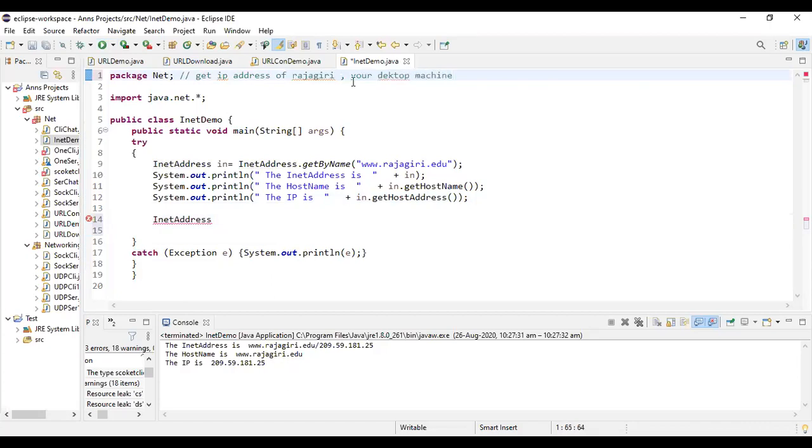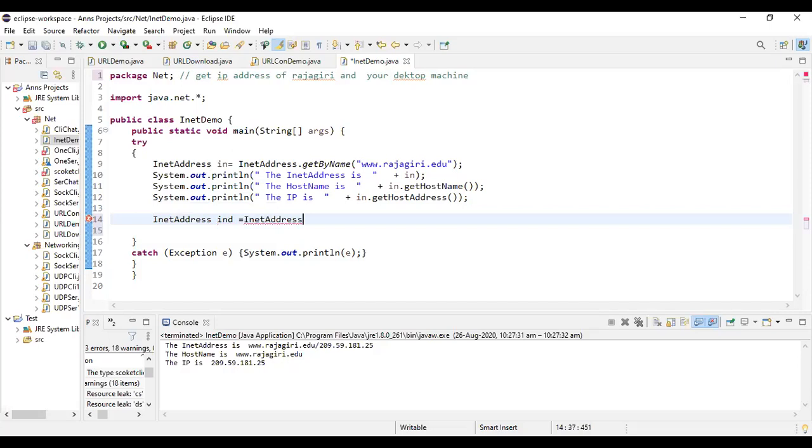So we just do everything together. I'm not deleting things, because if I delete things, the earlier program will have problems. Now I'll have IND, my desktop, InetAddress.